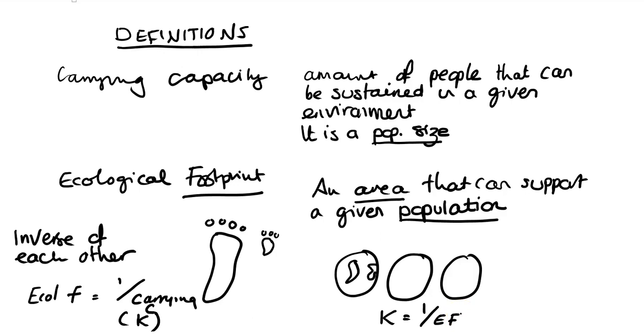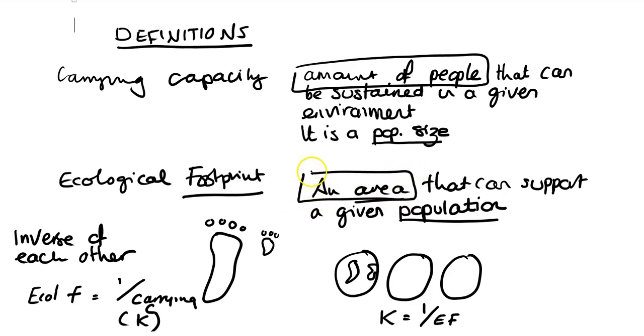Because of this relationship, in this one we're looking at the amount of people, and this one we're looking at the area. In this one, the amount of people is fixed, and in this one, the given environment, the area is